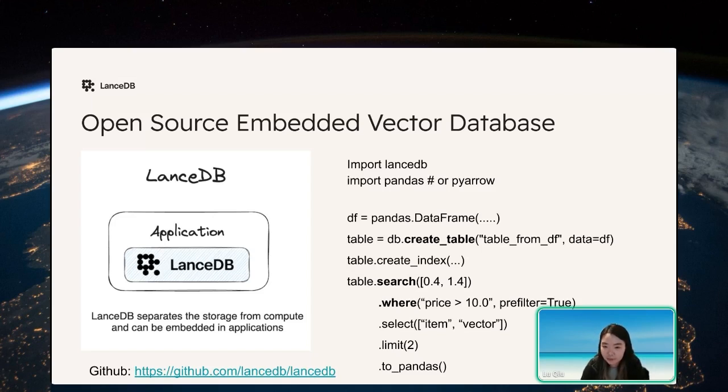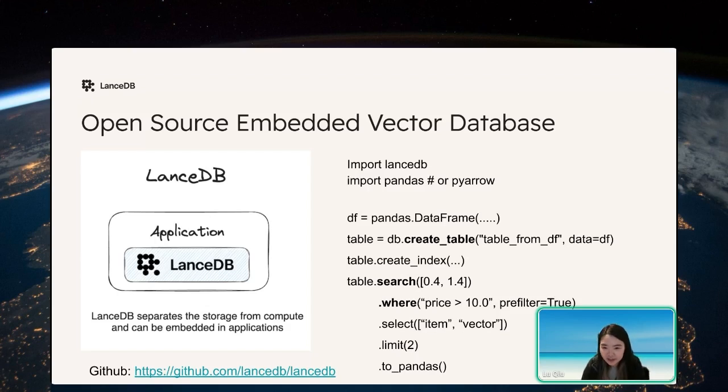We can create your vector index or your full text search index or other indexes. And then you can do a bunch of search and filter on top of the dataset. Here you can search with your query, like which data is most similar to my request, or you can directly give it embeddings, which basically represent the same thing. And this open source embedded vector database can be embedded in the application itself.